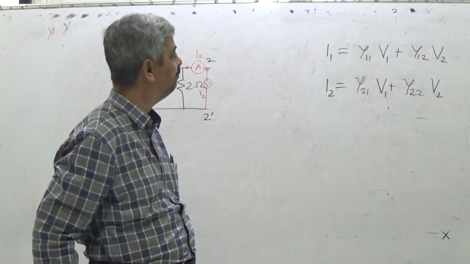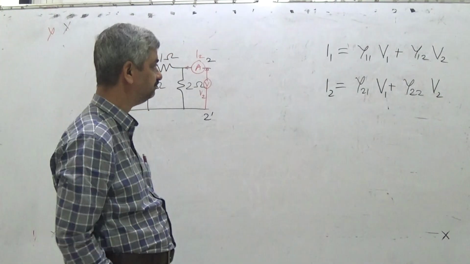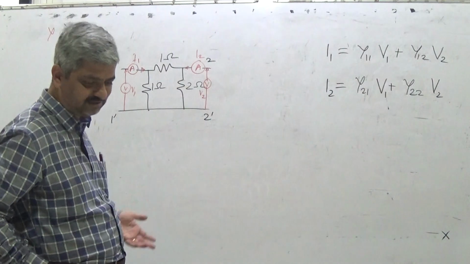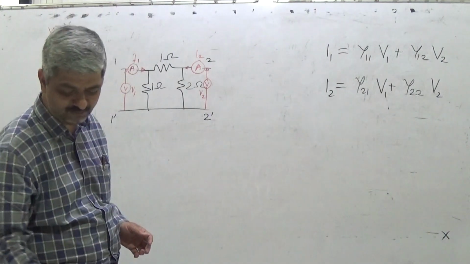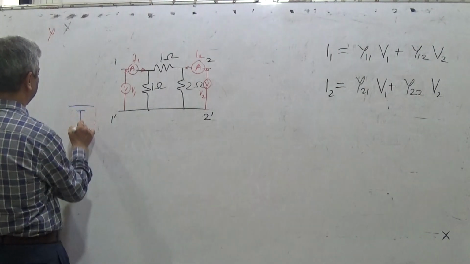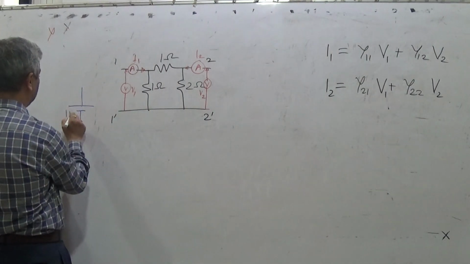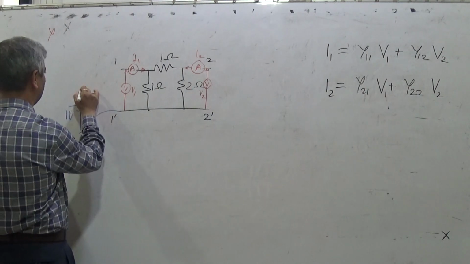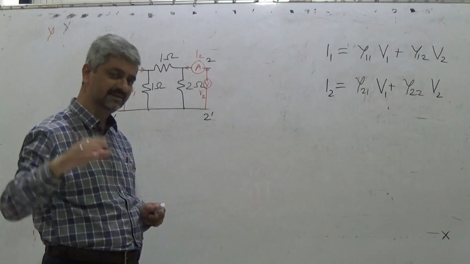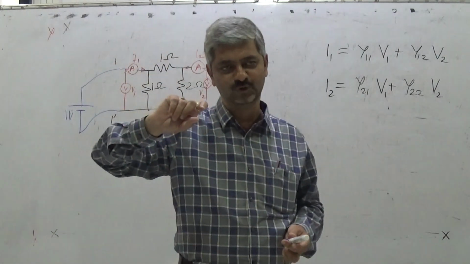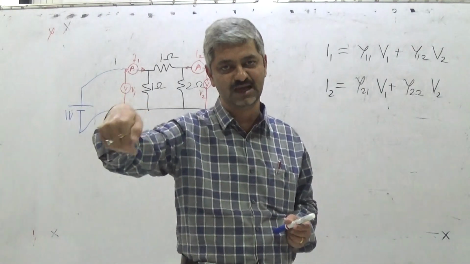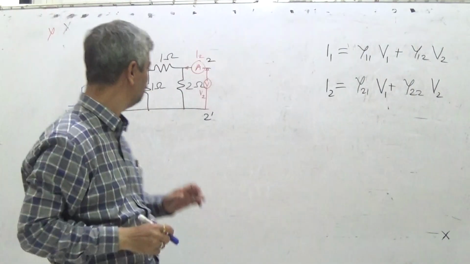So how can you find Y11? First of all, I will have my 1 volt voltage source, which is given to me, and I will connect that at port 1. Obviously, it is an ideal voltage source. When I say ideal, it is what we can call a constant voltage source under some constraints, using a regulated power supply which you use in the laboratory. So I will connect this 1 volt voltage source here.